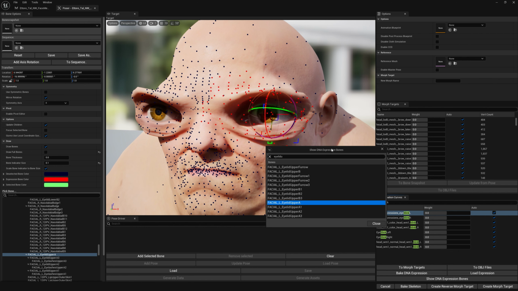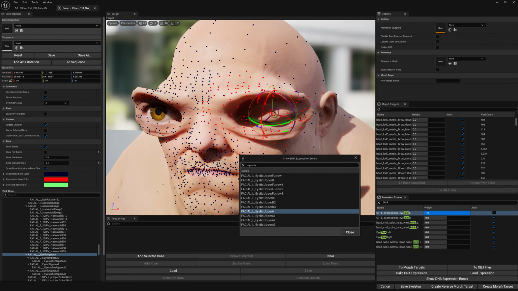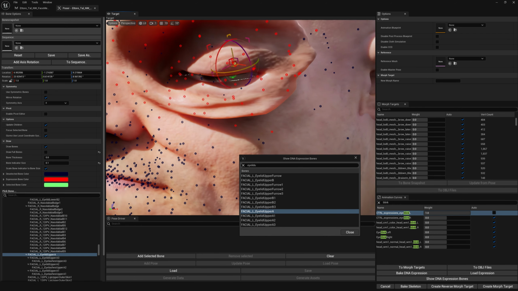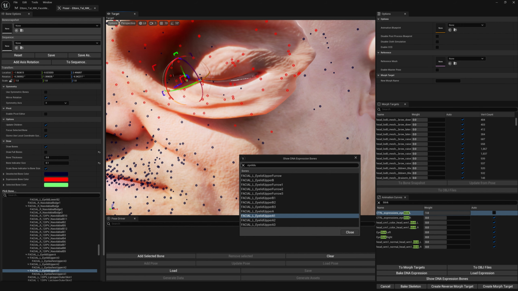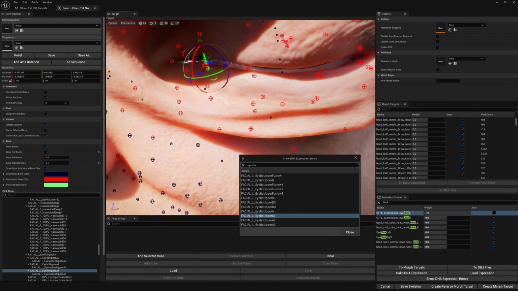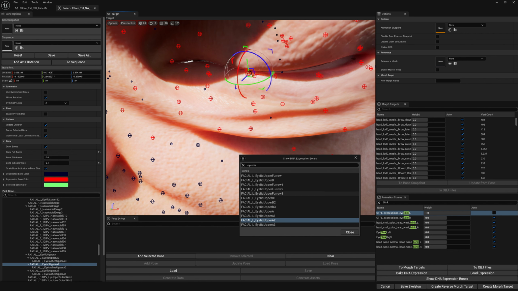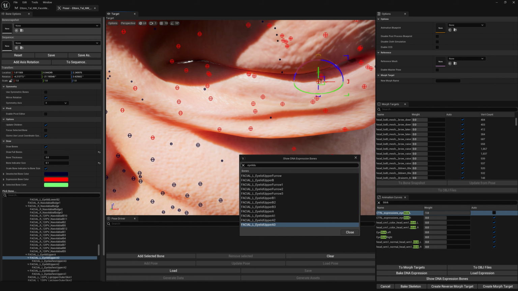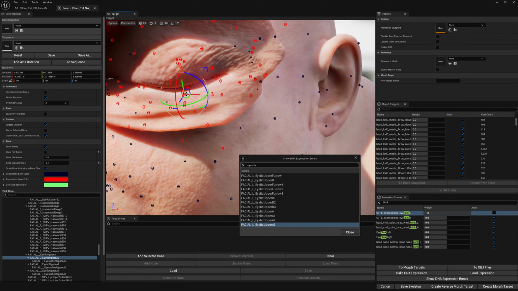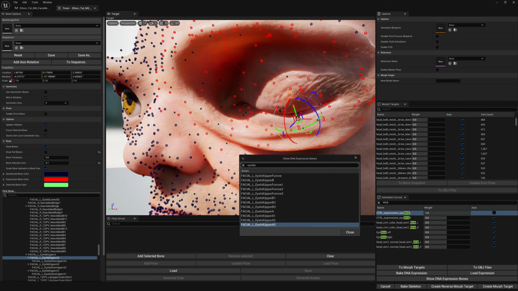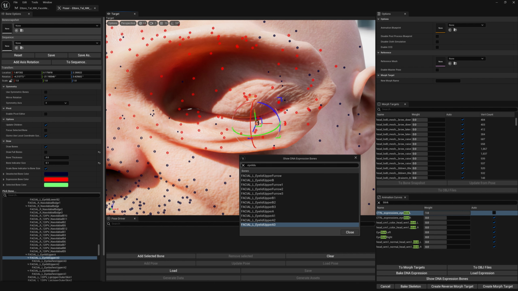Let's go with eyelid upper A, and let's trigger our blink, and we can now modify our blink expression to match our metahuman, either correct because we baked or because we want to change how expressions work for our custom metahumans, right? So you can replicate any expression, you can do whatever you want to do, right? So after we fix or put the bones in the correct position for our expression with our expression selected,